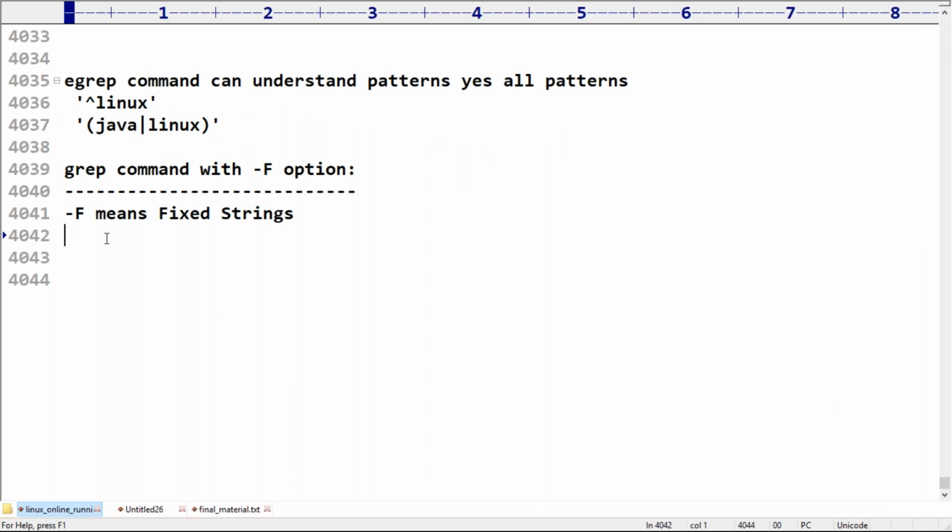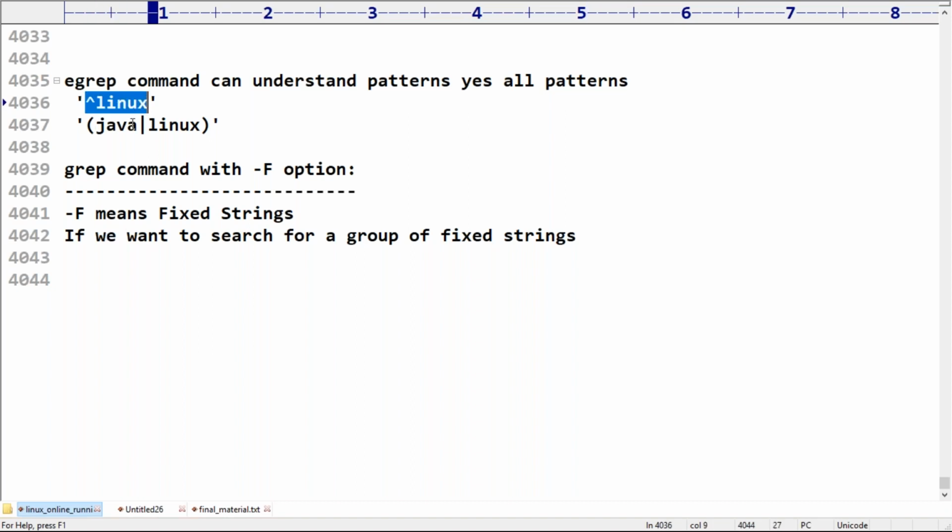If we want to search for a group of fixed strings, like Java, Linux, Python, not starts with or ends with, but whether these words, the Java word, Python word, Linux word, are available or not, then we should go for the hyphen F option. Remember this very carefully.